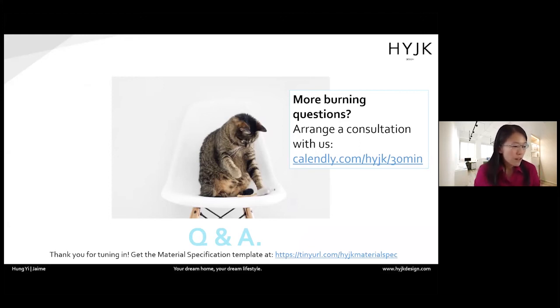Okay, so there's a question on how pet-proof is vinyl. It is pet-proof in the sense that, let's say talking about dogs and cats, vinyl is probably one of the most resilient materials that you can be using for your floor. Of course, it's not scratch-proof if your cat really decides to scratch it up, which I understand that most cats should not be doing.